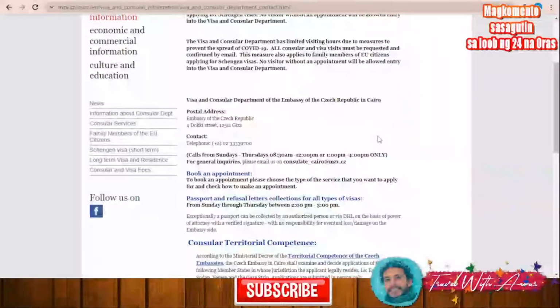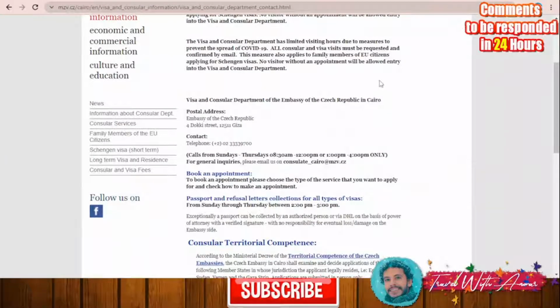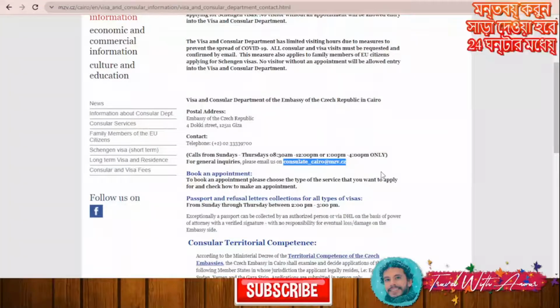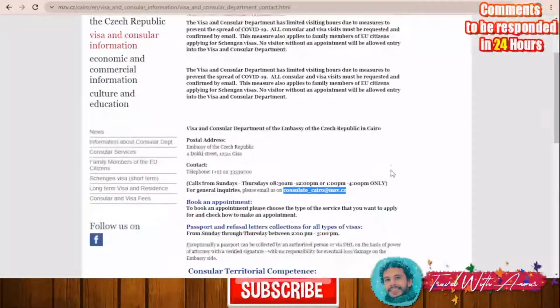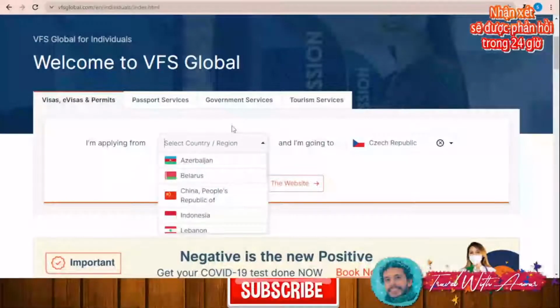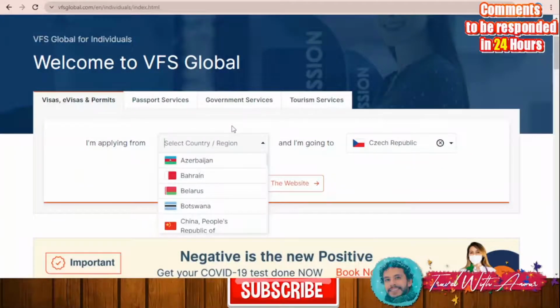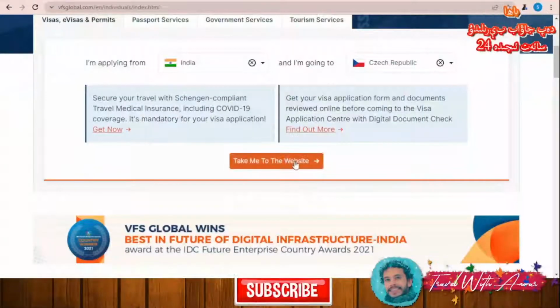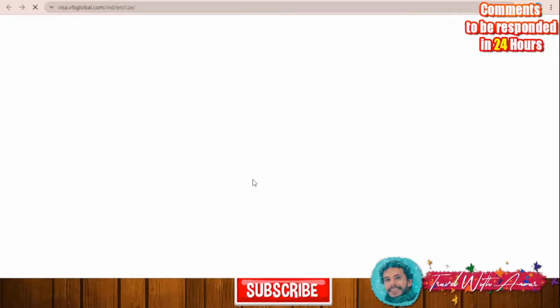If you would like to book an appointment to submit your visa application, you will have to send an email to that email over here, saying that you want to book an appointment in the embassy to submit your application form and to submit all the required documents for the visa. But if you're applying directly from India, for example, let's say you're applying from India, then you will click here, take me to the website, and